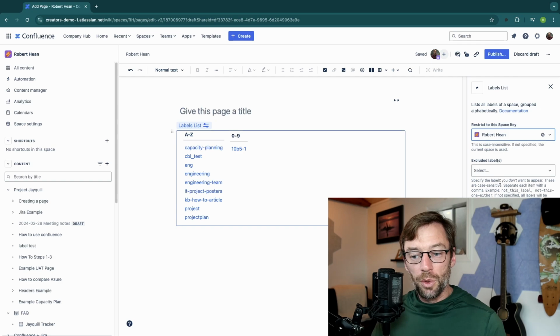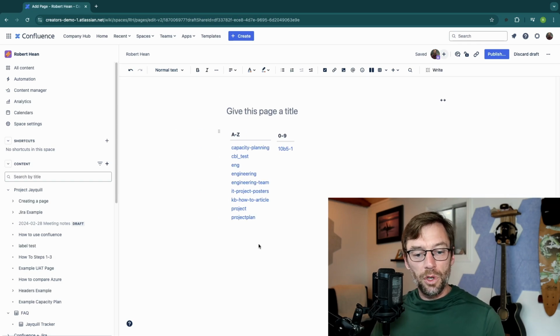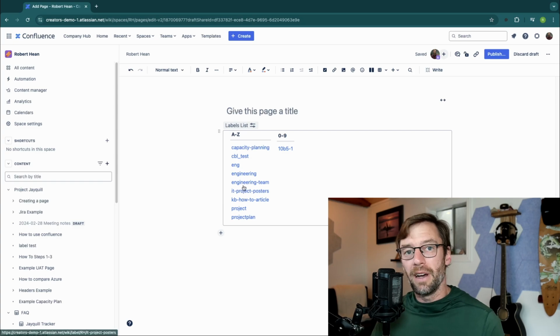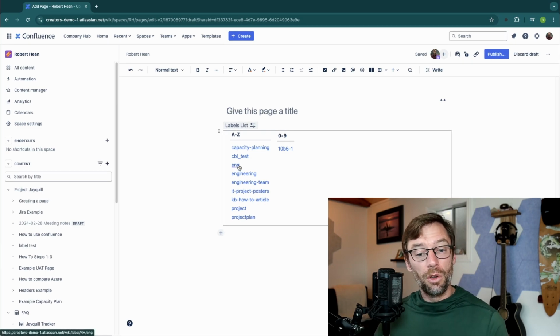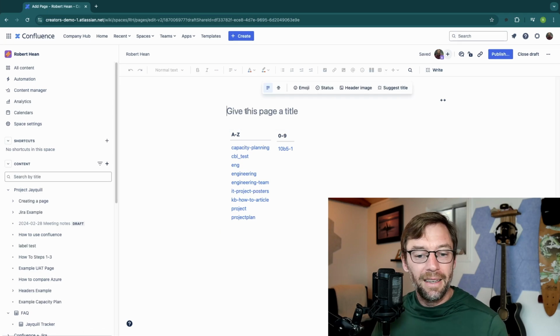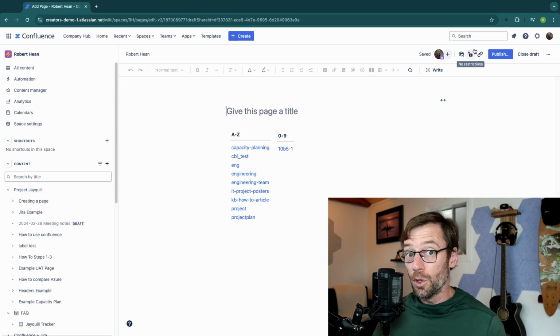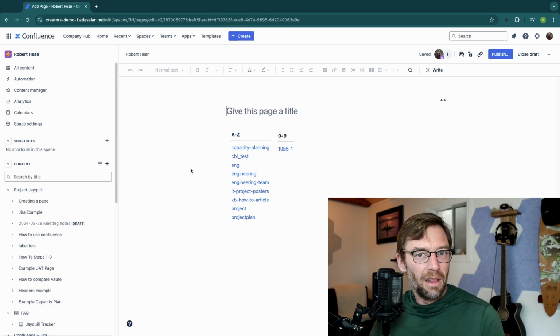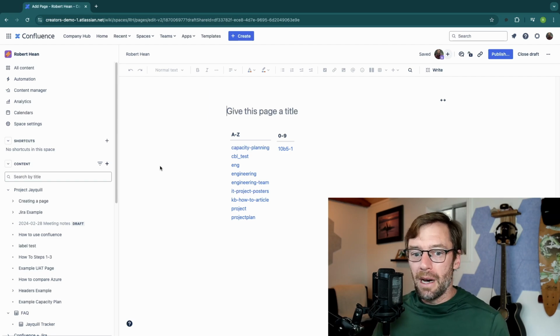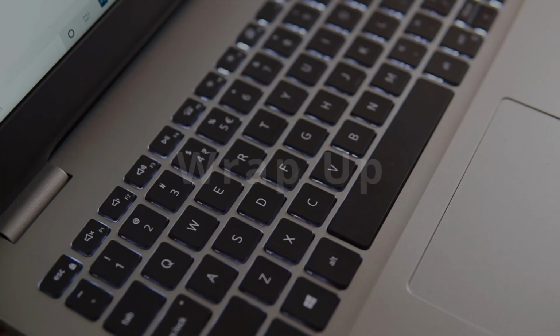Restrict it to the space you are interested in monitoring, and this will show you all the labels that exist. You'll be able to quickly catch or identify duplicate or misspelled labels because they'll show up right here. Then you can go to the pages that use them and remove them or correct them. I tend to have a page like this locked down in my own personal space so no one else really trips over it. It's not very useful unless you're monitoring labels, but it allows me to keep an eye on what's going on in the space.